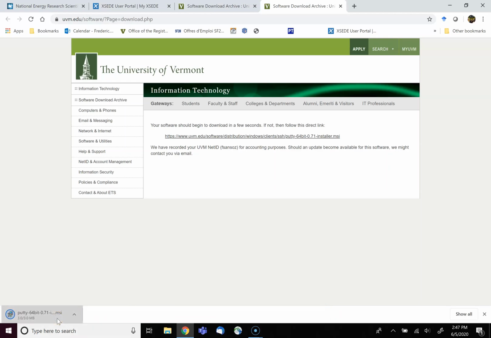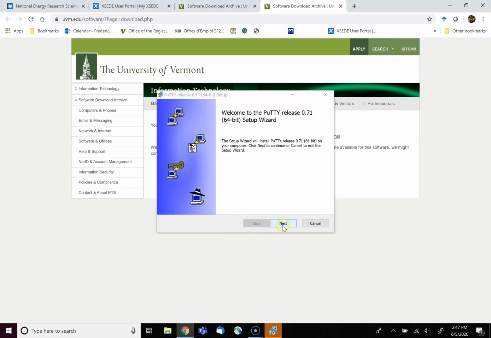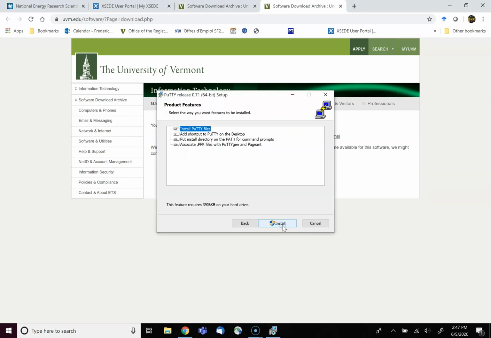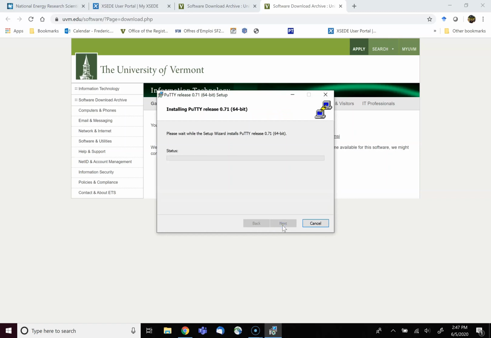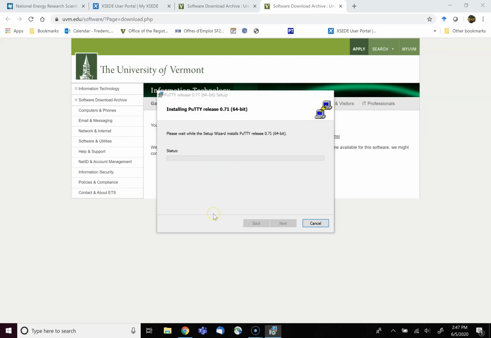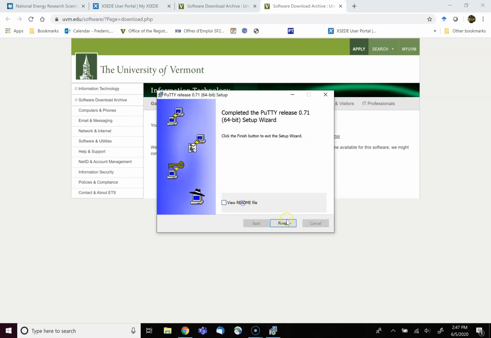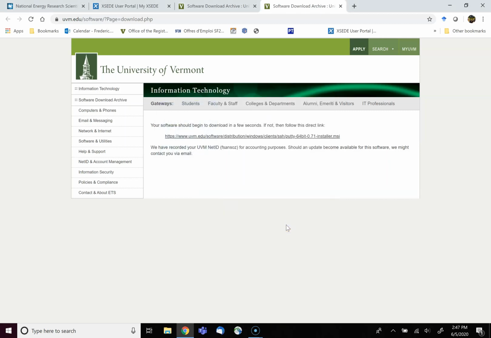Okay, so that's the first one. The system I'm using is Windows on the Surface tablet. Okay, should be relatively quick. All right.